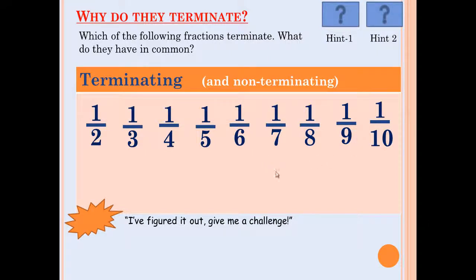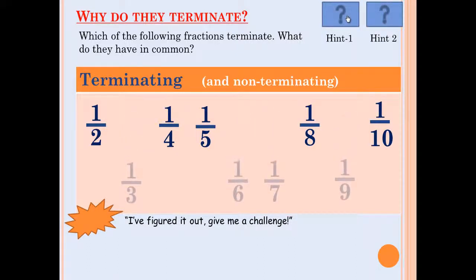So again, if they click in the screen, nothing happens. When they click on the hint, if they want a hint, well, that gives them their first hint. They're trying to work out which the terminating fractions are, and that's now shown them which are the terminating fractions. They now need to decide, why is it that these ones terminate whereas those ones don't? Again, they'll hopefully take some time to try and come to their own conclusions. There's a hint to help them out,